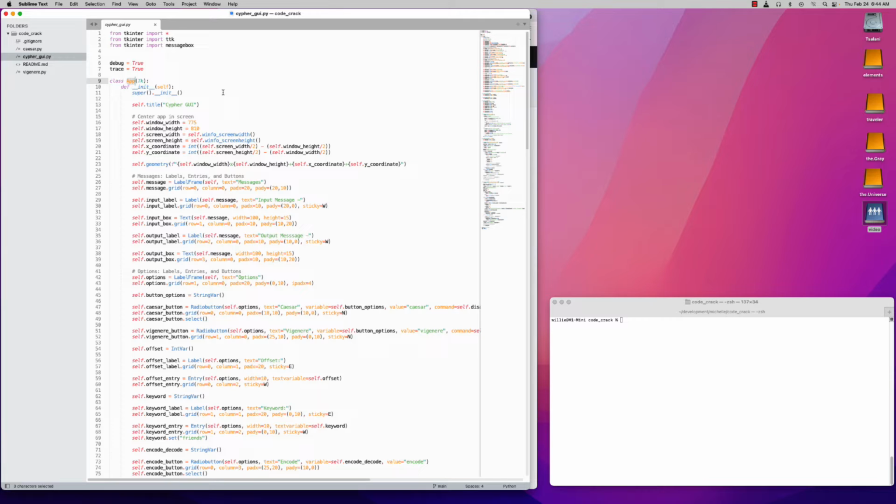If it's Cypher Application specifically, then we know that we're probably not going to be reusing this class for something else. However, if it's a custom class like app, or something generic like label or window, that sort of subtly implies that this class can be reused